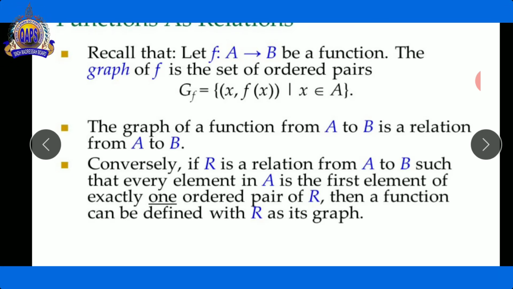But in the sense of a relation, if we give one input and it takes more than one output, that type of relation represents only a relation, not a function. Now see here,